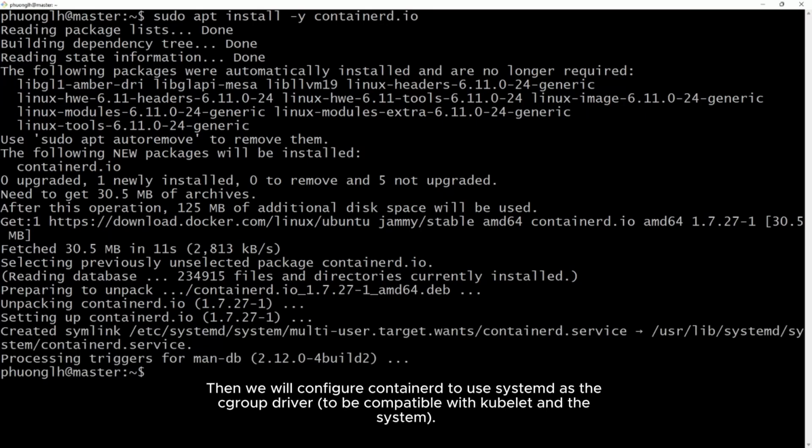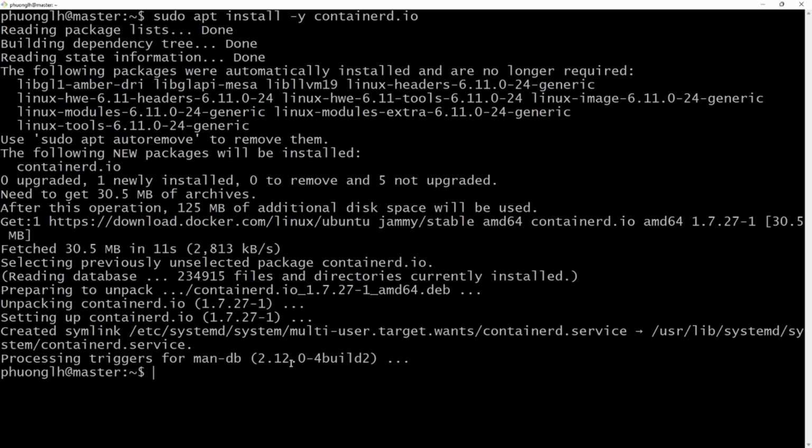Then we will configure containerd to use systemd as the cgroup driver.